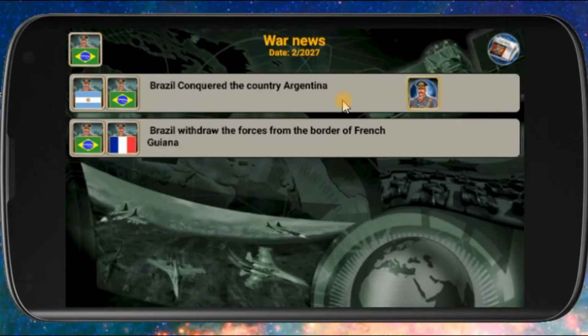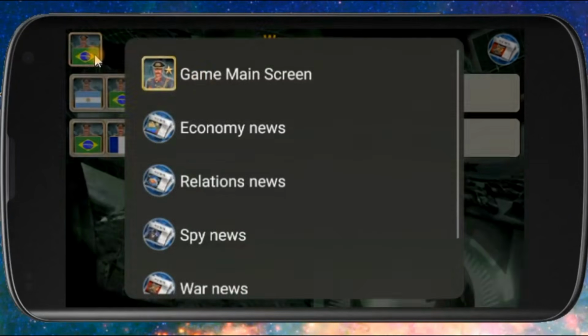So as you can see, we try to feed the AI and the game brain as close to reality as possible. Actions that you take will have counter actions inside the game. So let's come back to the game main screen,